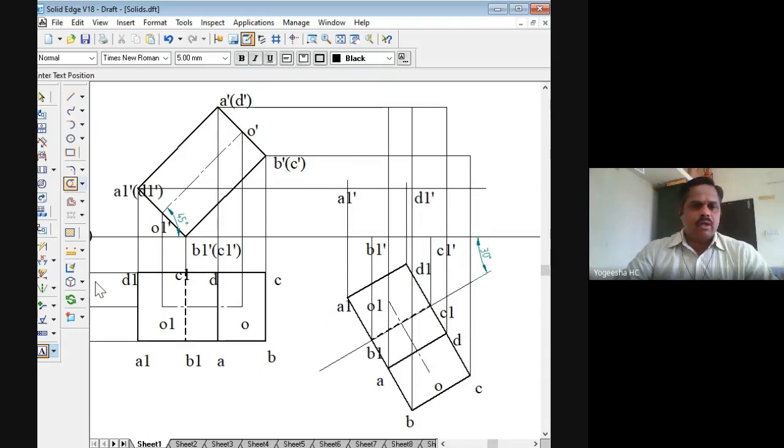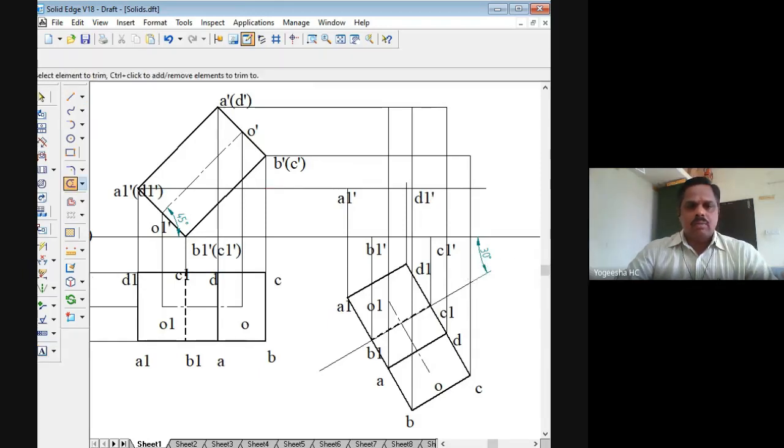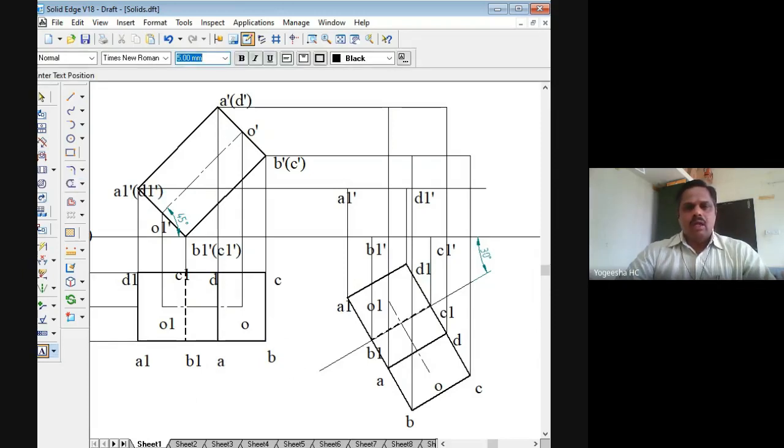Extra line I can trim off here. So this is extra. I'll trim off this. So this is also not required. I'll trim off. Right. So this is from B1 I drawn here, no? From A, B, C, D I drawn. So this B, again it is extra here. I will trim this. Right. The top surface points I will mark here. Projector line drawn from A and A dash. So this is the point A dash. B and B dash. Here is the point B dash, and C and C dash. So this is the point C dash, and D and D dash. So this is the point D dash.